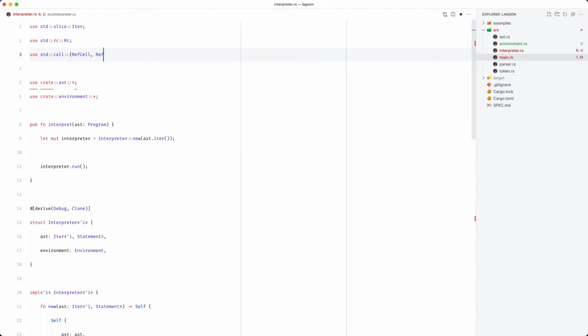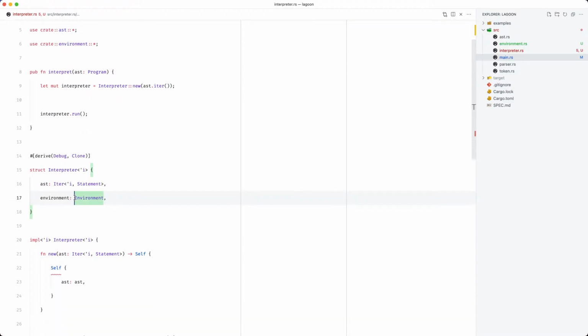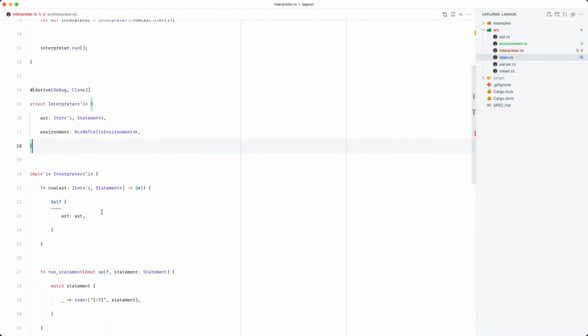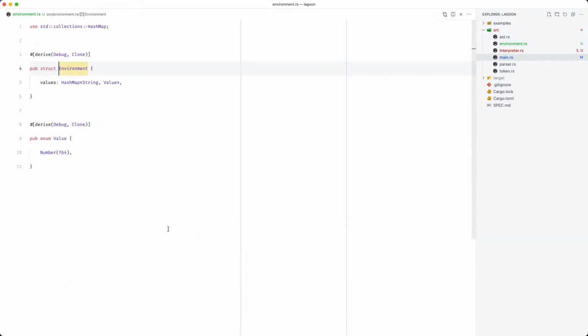We're also going to need ref and ref mut. So our environment is actually going to be an RC ref cell, like so. And then down here, we can do RC new ref cell new and environment new. And we actually need to define this environment method.